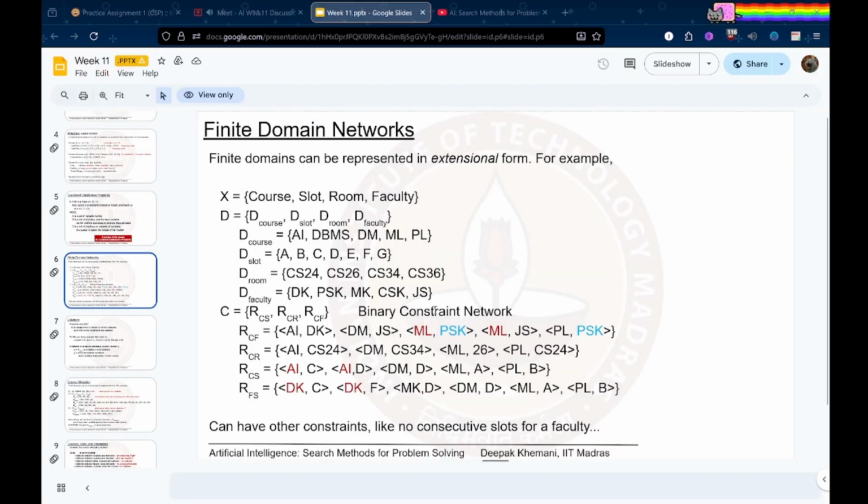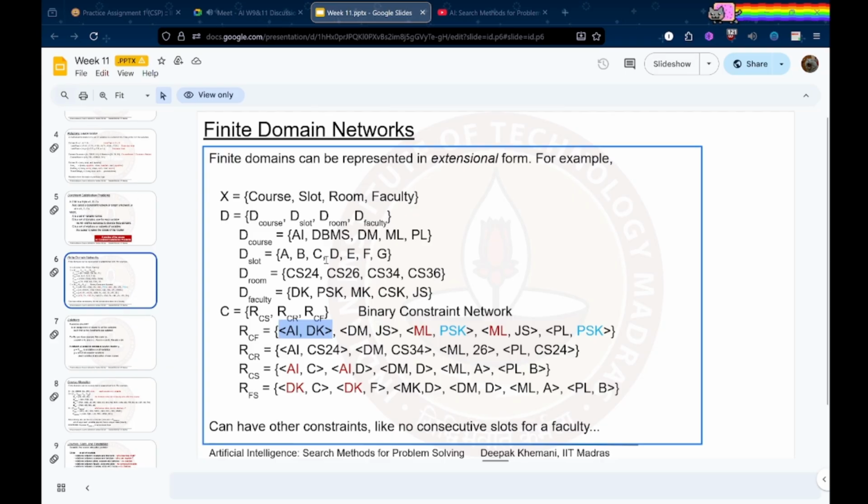Before that, if we take this example, there are four variables, there are four domains, and then there's the constraint that there should be a relationship between C and S, C and R, and C and F. So this is a binary constraint problem where every constraint is a binary relationship, and each of the relationships are given here. That C and F is a tuple between firstly there's AI and DK,